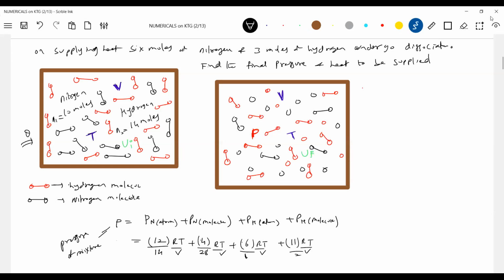So what is UI? We'll calculate. So N1 F1 RT by 2 plus N2 F2 RT by 2. Can you remember this formula? So N1, number of moles of nitrogen, 10, degree of freedom 5, RT by 2. This is 14, degree of freedom 5, RT by 2. This will be 25 RT. Sir, 35. Sir, you wrote 12 by 14 and all that, so that shouldn't come, sir, because they gave moles only.